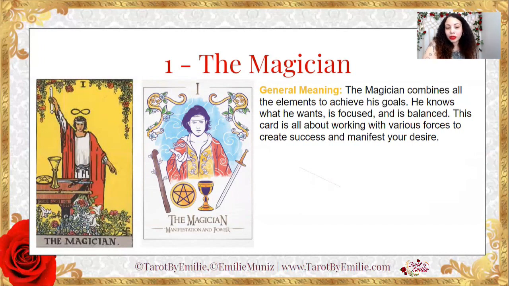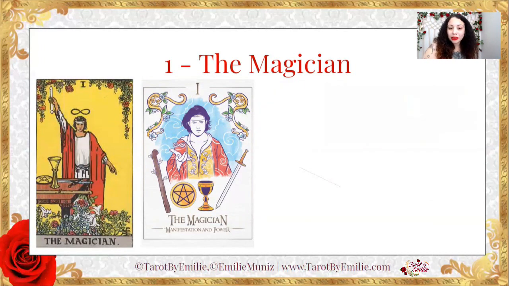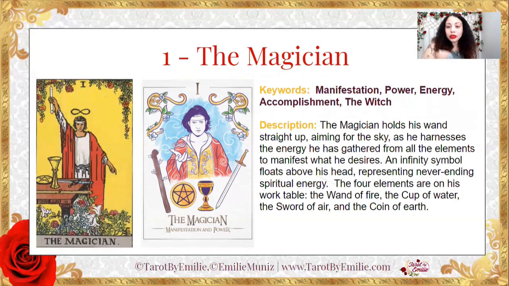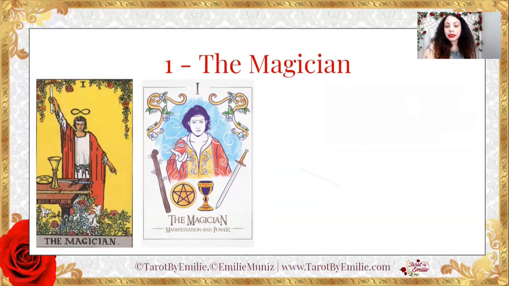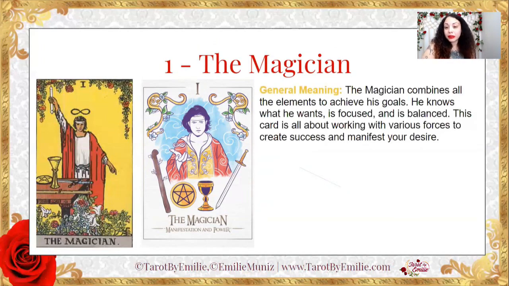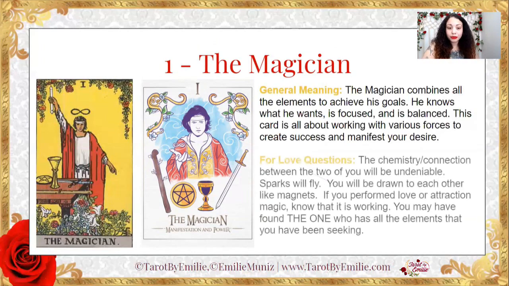This also talks about maybe you need to do spiritual work. You can to manifest anything that you want. Let's go back to the keywords a bit, and it talks about power and accomplishment. So this is another card of success, basically, in the tarot. Whenever you see this, you can think about success. So what does it mean for love and romance questions, love and relationship questions? This talks about the chemistry connection between two people, all right?